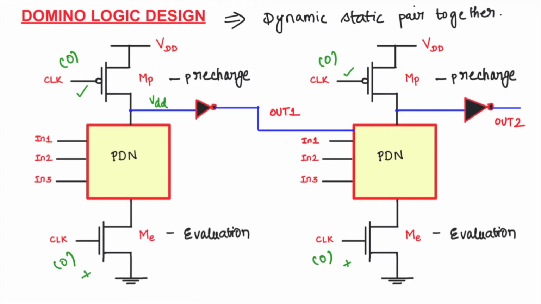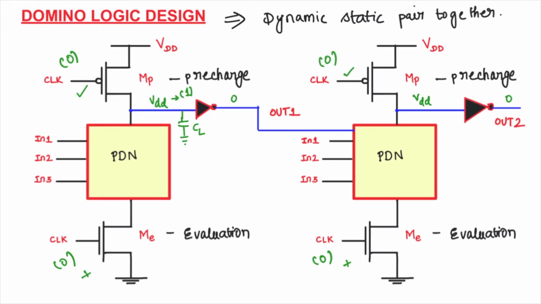Here you can imagine a load capacitance. This capacitance would have been pre-charged to VDD, and simultaneously the inverter is not going to cause any effect to the PMOS transistor of the next gate, so this PMOS transistor will also turn on and it will also be pre-charged to VDD. This VDD is equivalent to logic 1. With a logic 1 given as an input to the inverter, the output of the inverter will become 0. So both the inverter outputs will be 0.